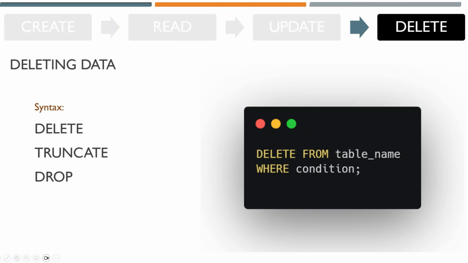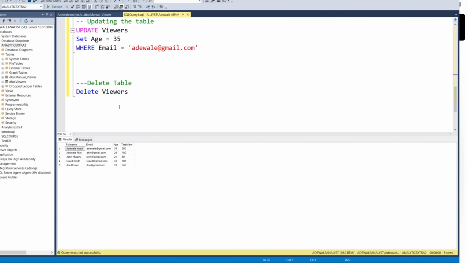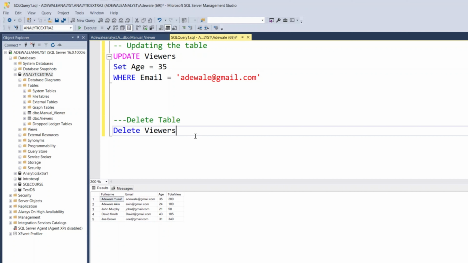Now, I've shown you an example of deleting an entire table's rows, which is when I click on delete viewers and I delete everything, right? I can also add conditions to this. I can say where, maybe I want to delete Joe Brown from this table. So I can say where, what's the unique identifier? Email. So where email is equal to